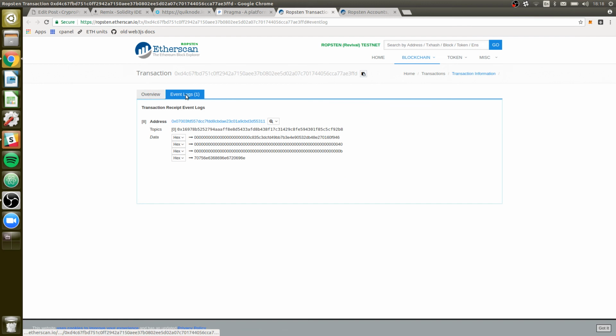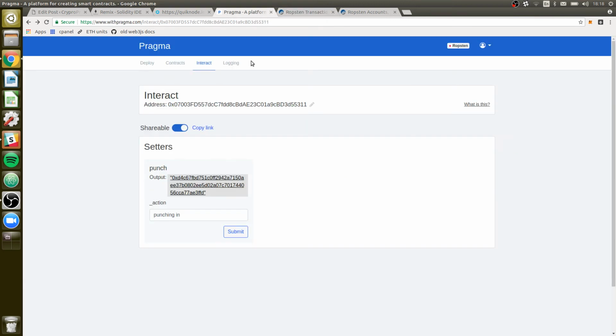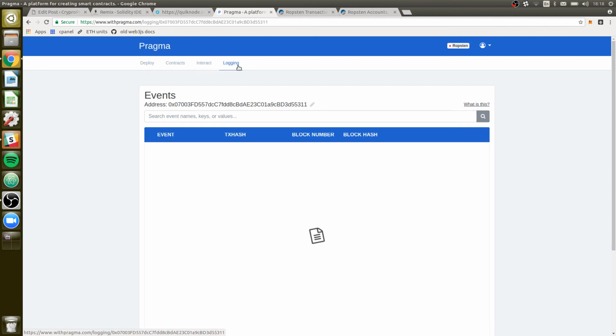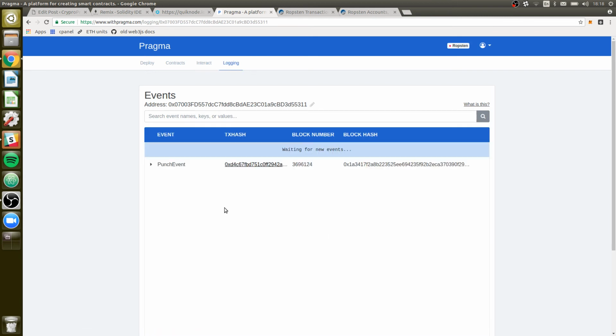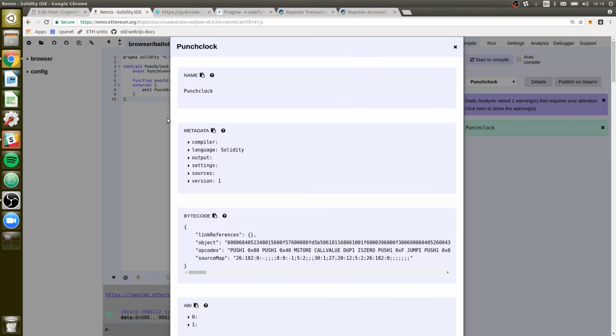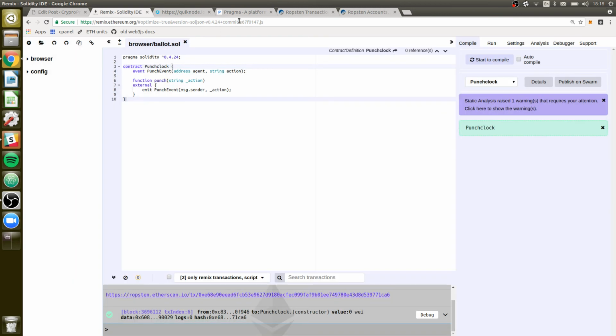We can see the event log here. First of course, it doesn't know how to format it because Etherscan doesn't have our ABI. However, Pragma does. If we go now to logging, it'll load here for a second, and it should. So there we go. There's my punch event. So you can already see that in a very small, minor way, my extremely simple punch clock contract is already